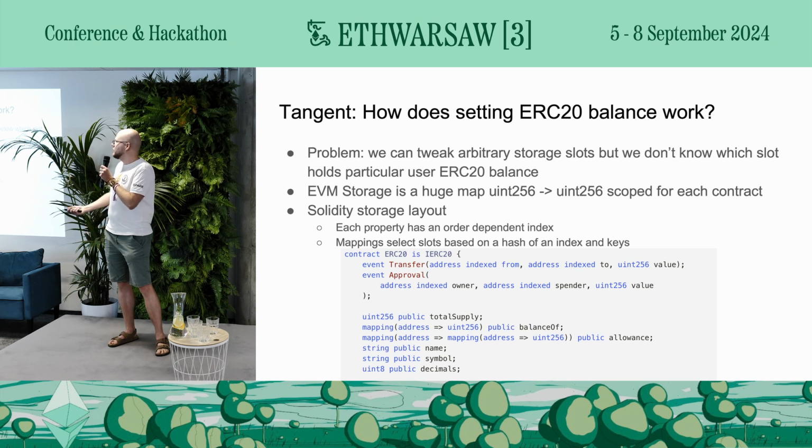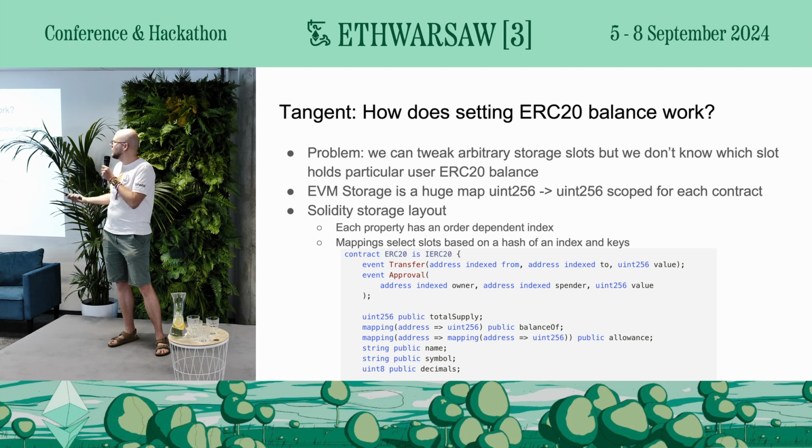So the problem is that we want to tweak basically an arbitrary storage slot, but we don't know which slot holds the balance of a particular user in a particular ERC20 token. EVM storage is just a huge map of uint256 to uint256. Basically, any slot in this map can be set. And so, how does it work under the hood? If we have